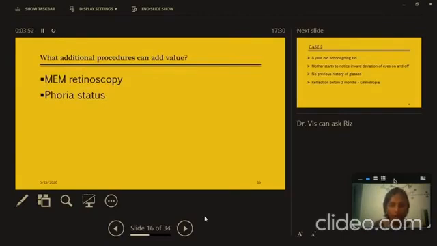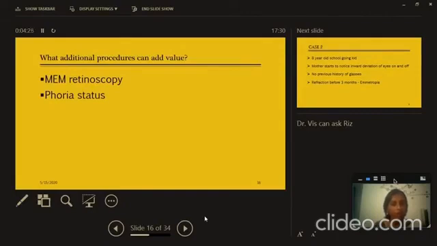As practitioners, I think we can utilize two potential tools that we have with us. The number one is dynamic retinoscopy, or the monocular estimate method retinoscopy, where, as all of us know, the expected lag of accommodation is anywhere within plus 0.25 to plus 0.75 diopters. So after doing the subjective acceptance, if you perform the dynamic retinoscopy and see the values just between this, then we can be even more confident that we are not dealing with the